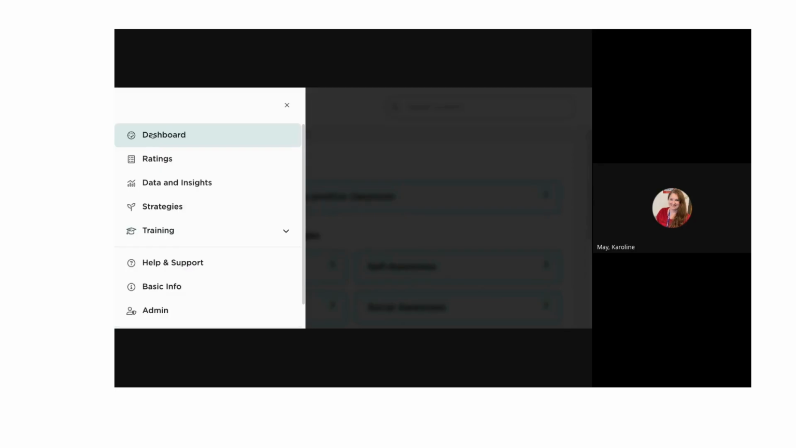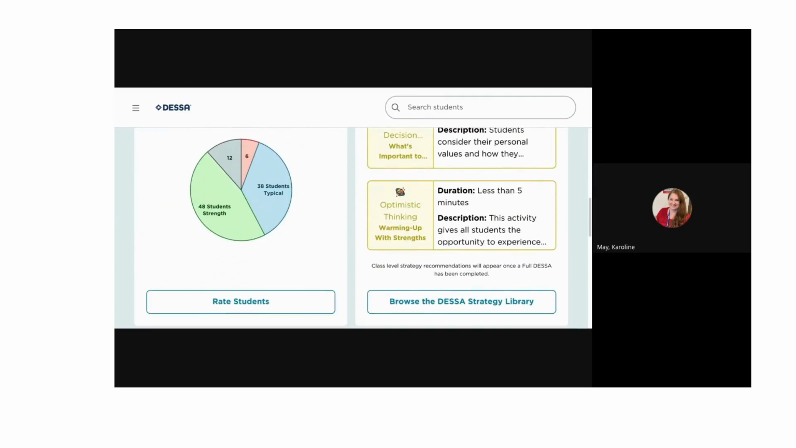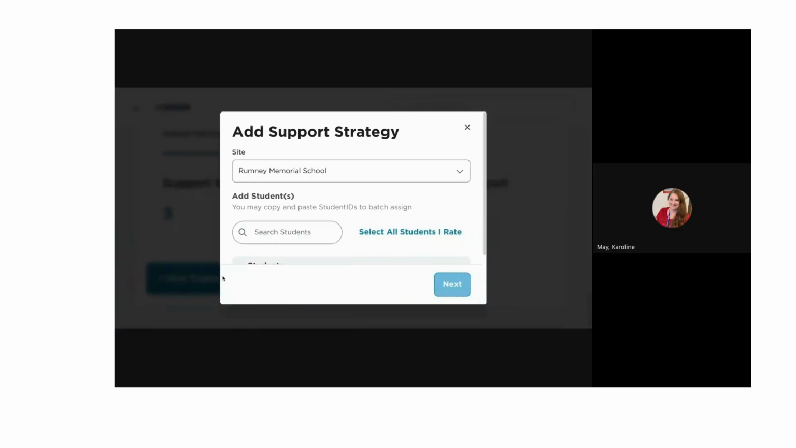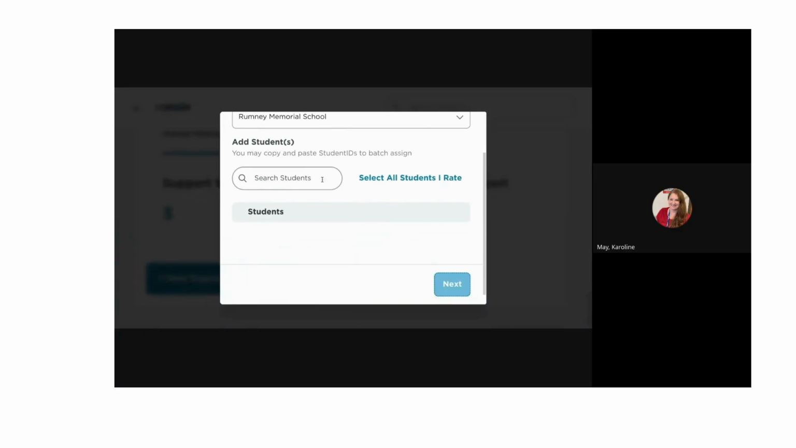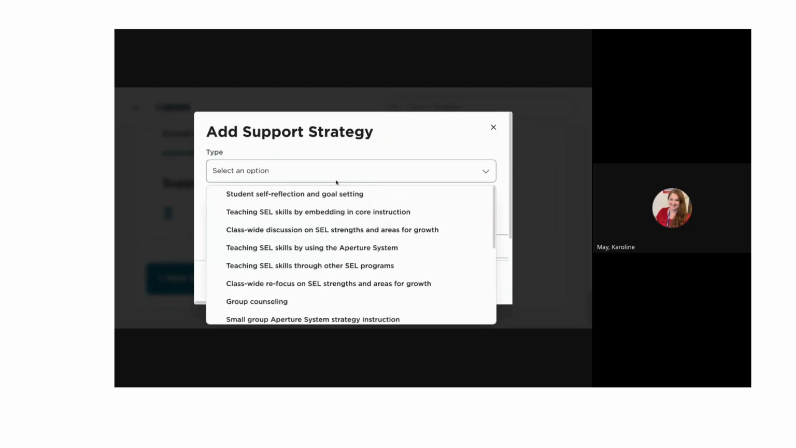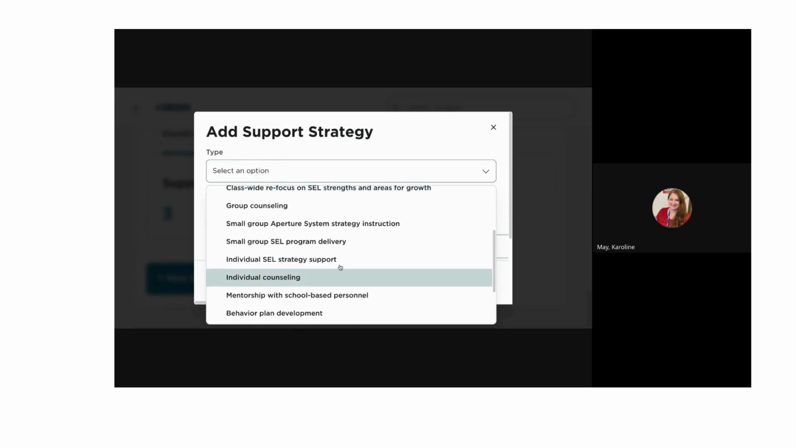Now I'm going to go back to the dashboard. So I'm on my homepage or dashboard, and I scroll way down at the bottom, new support strategy. I can enter the students that I want in my group. You can add as many or as few as you want. You click next. You're going to select the type, and they do have lots of options. Let's say individual SEL strategy group. You could do small group,